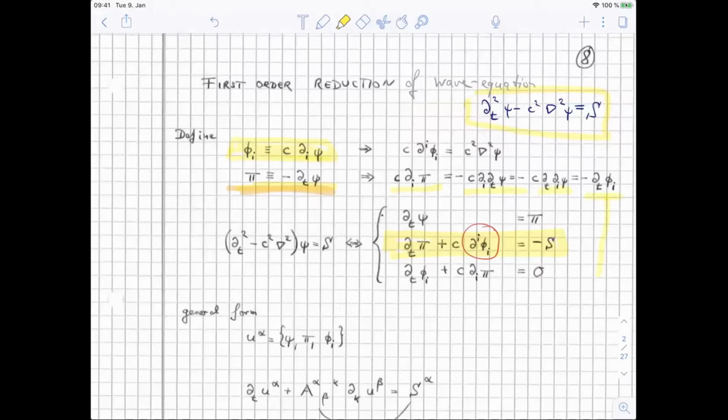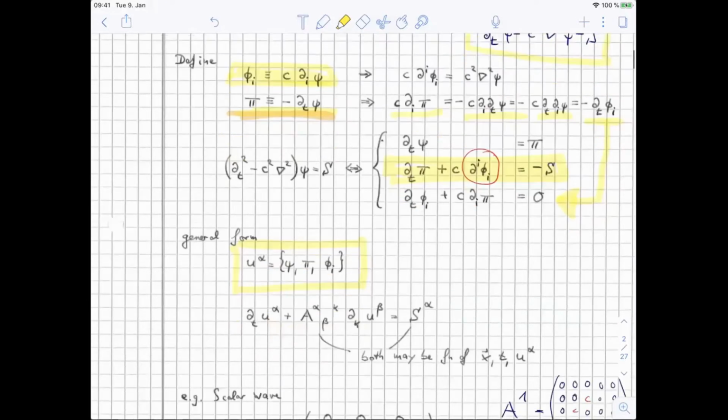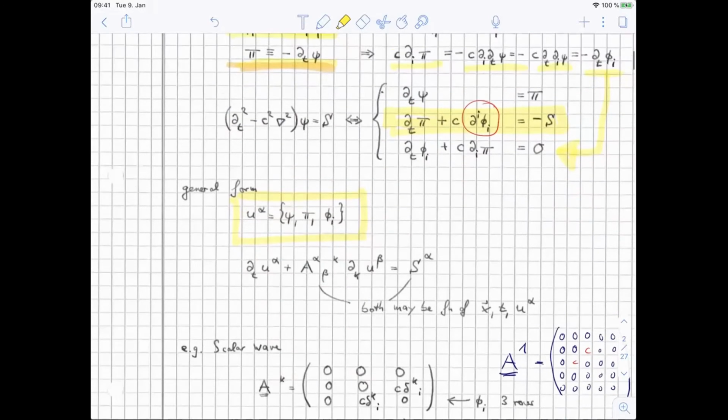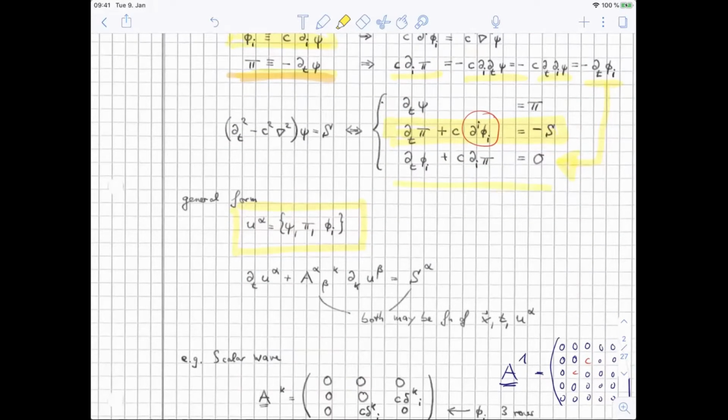Completing the set of equations we need in this first order reduction of the scalar wave equation. So what we now have is 5 evolved variables, psi and pi as scalars, and phi_i as a vectorial quantity. And the equations written up here in the top right-hand side of the screen right now are precisely of the form of the generic first order form,